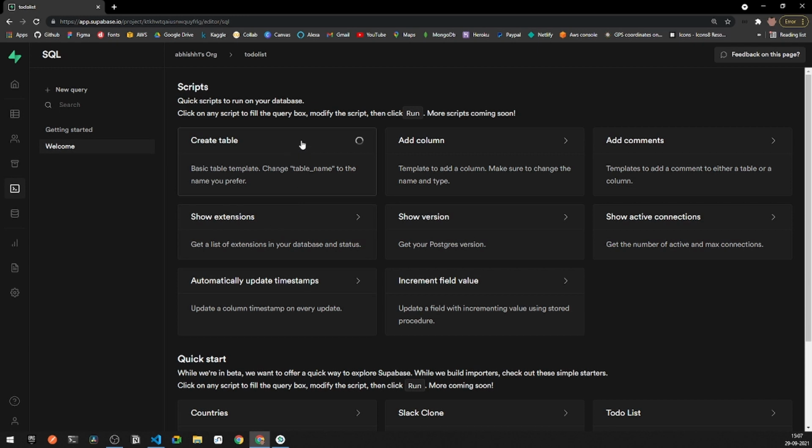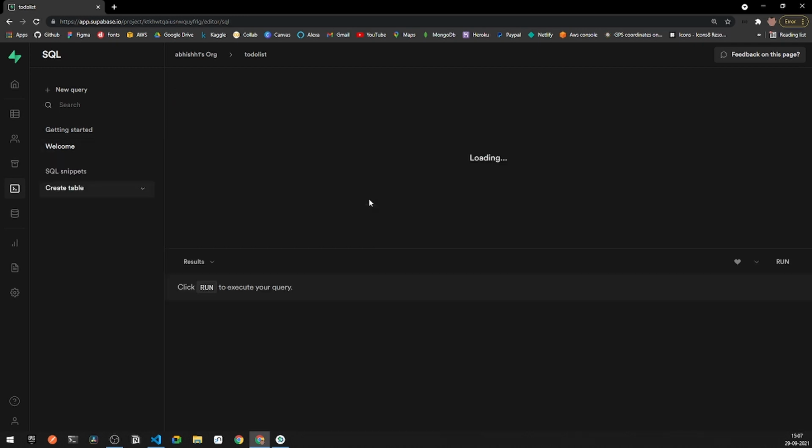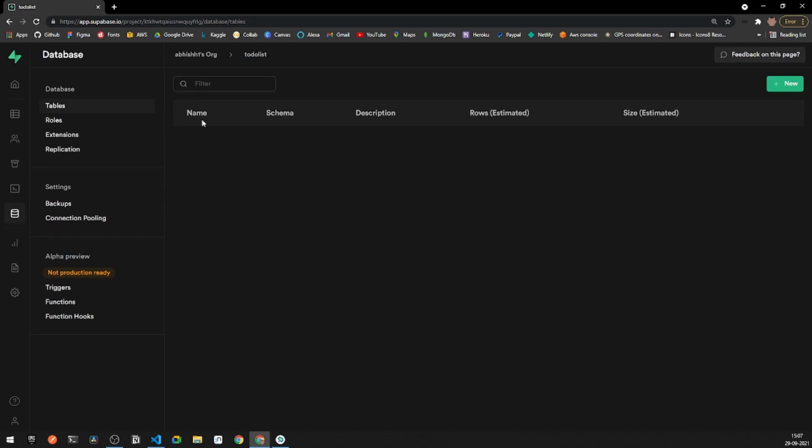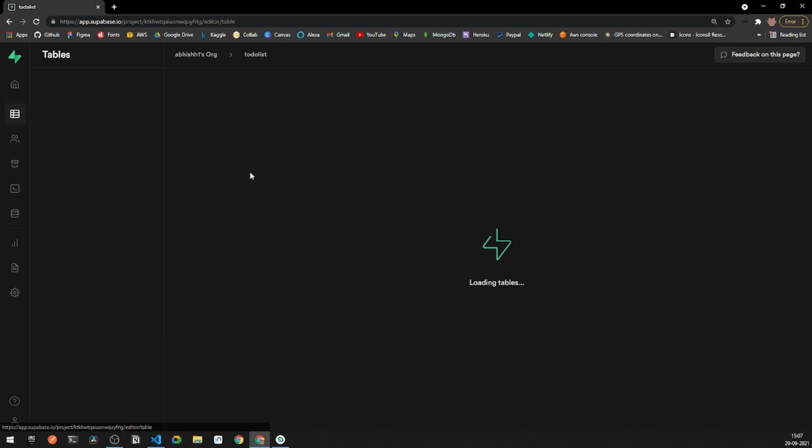Under a SQL shell, you can write raw SQL queries, and with that you will be executing and creating a new database. Now, I will be showing you both of the two ways of creating tables, and the third thing is about the database itself. You can see there will be an option of database where you can see all the databases, tables, rules, etc. So for now, as a beginner, I will be going to the table editor and I will be showing you the easiest way of creating new tables and adding data under them.